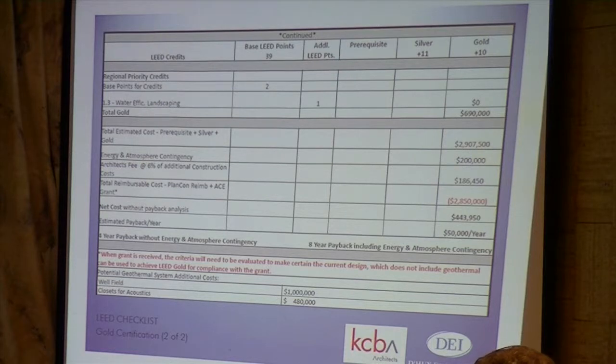So, my reason for telling you that, the $50,000 a year gives us a 4-year payback if you exclude the $200,000 contingency. If you keep the $200,000 contingency in there, because it reduces our total expenditure, it will give you an 8-year payback. But that's without the geothermal. That's without geothermal. So you can see at the very bottom line there, in the red, it's the only caveat